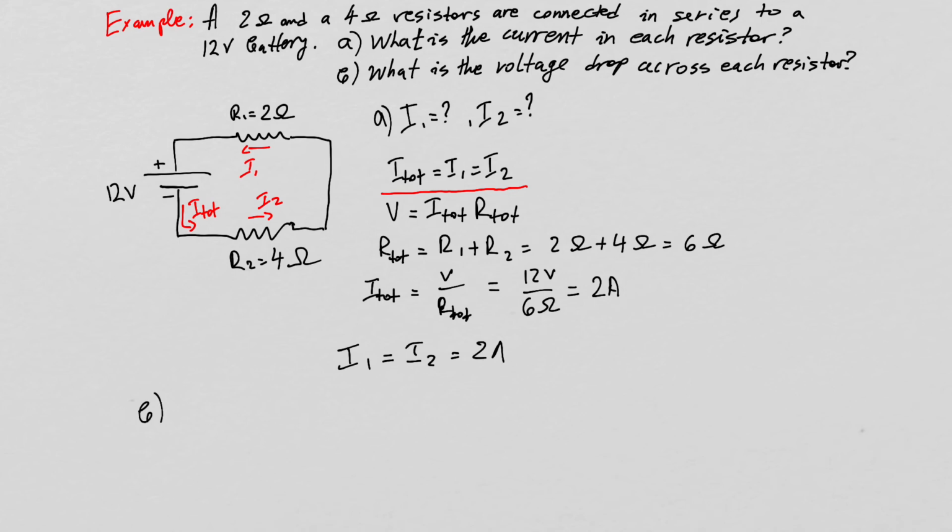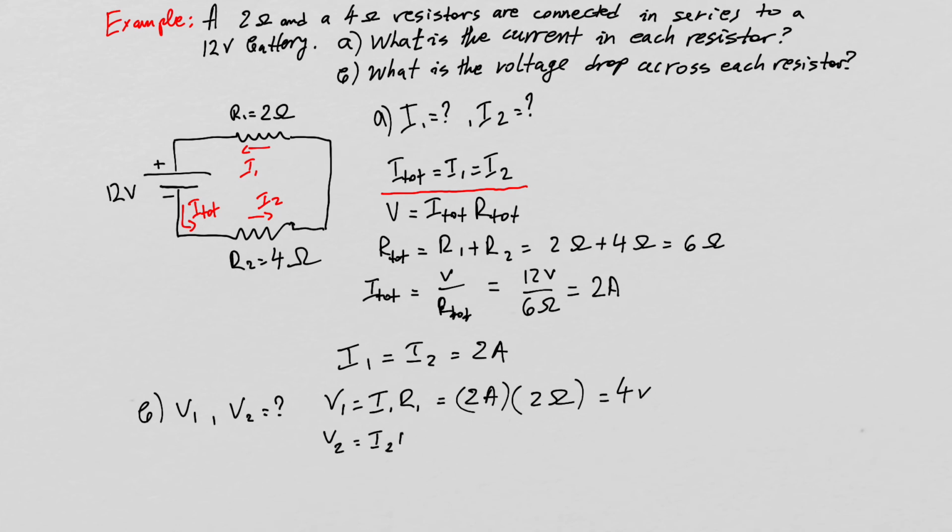For part B, I must find the voltage drops for each of the resistors. So we want V1 and V2. In order to find those, I'm going to use Ohm's law for each resistor individually. For resistor number 1, V1 is equal to I1 times R1, which gives me 2 amps times 2 ohms, so this is 4 volts. For resistor number 2, V2 is equal to I2 times R2, and this is 2 amps times 4 ohms, so this is equal to